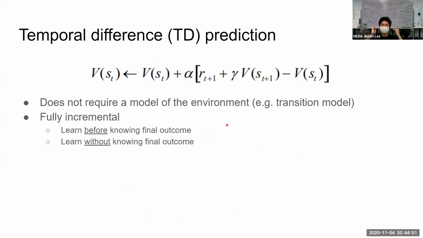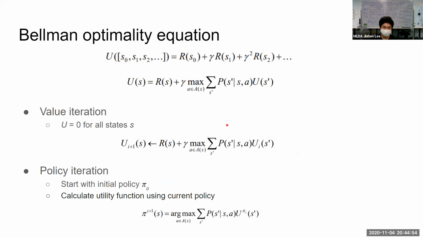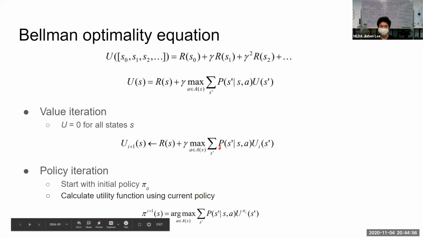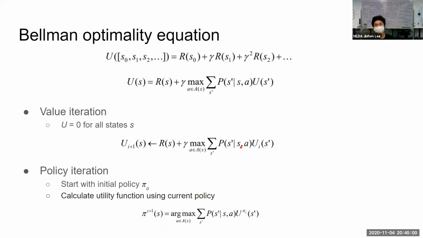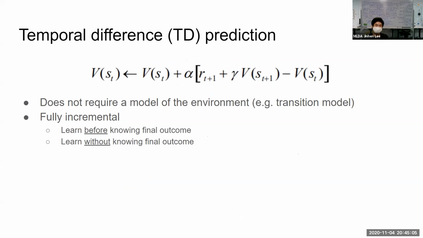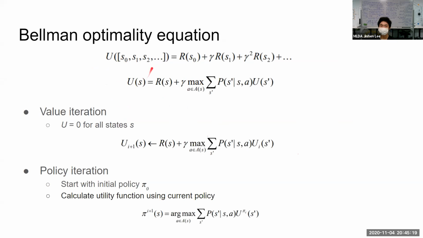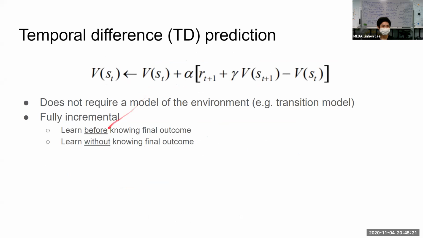Okay, so what if we don't have this very important thing here, which is this probability distribution, as we need it to decide whether we go up or down or whatever. In this case, we will introduce the temporal difference prediction. And this word temporal itself is referring to the concept of time. So this V is actually the same thing, but different notation. It is still the state value function or utility function.